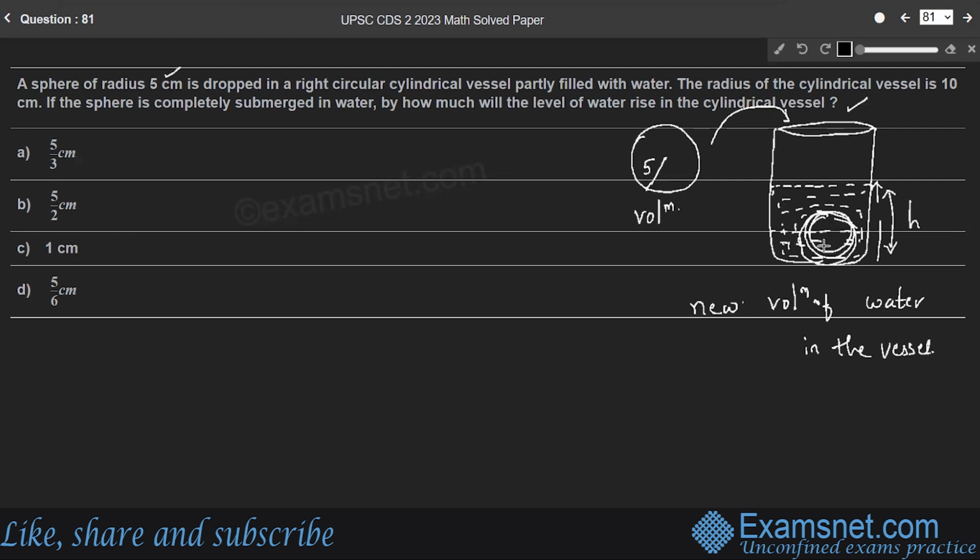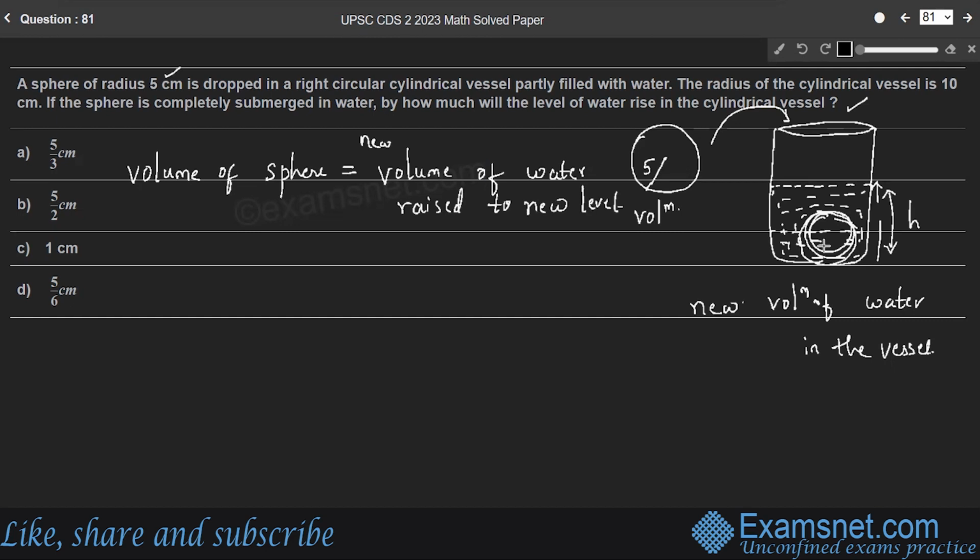Therefore, we can say volume of the sphere is equal to the volume of water raised to the new height or new level,